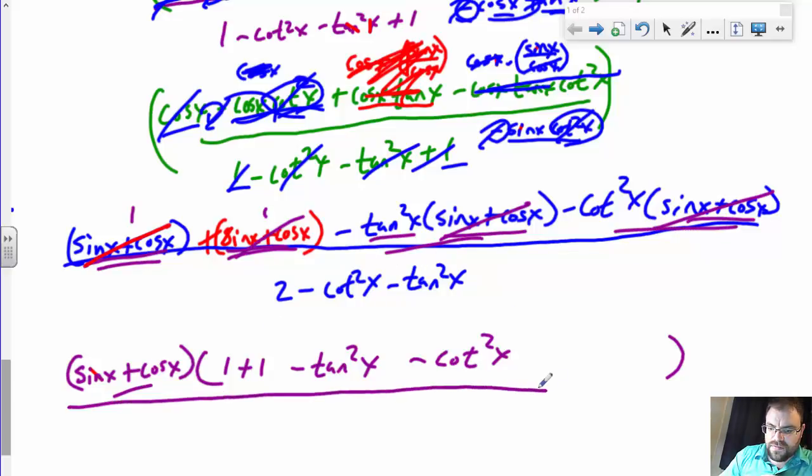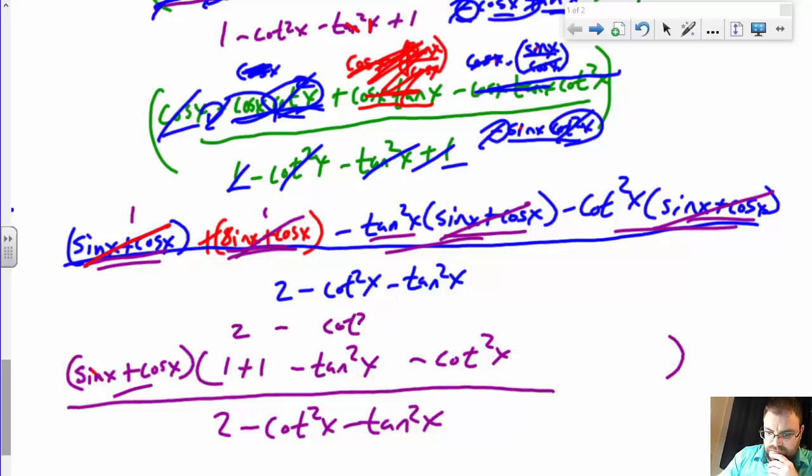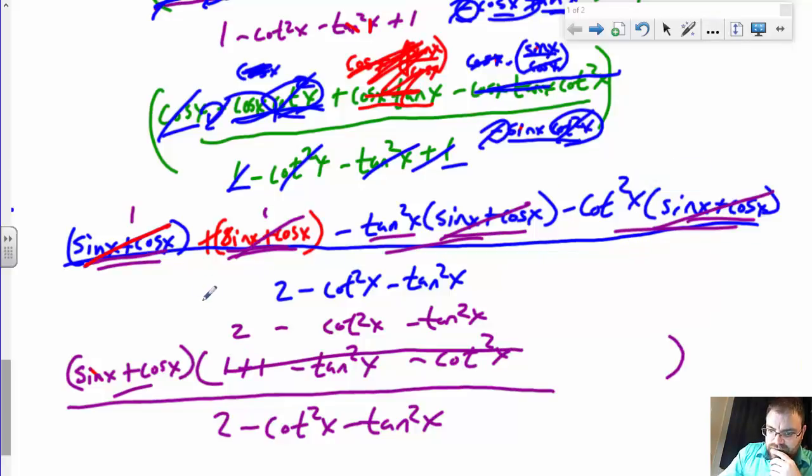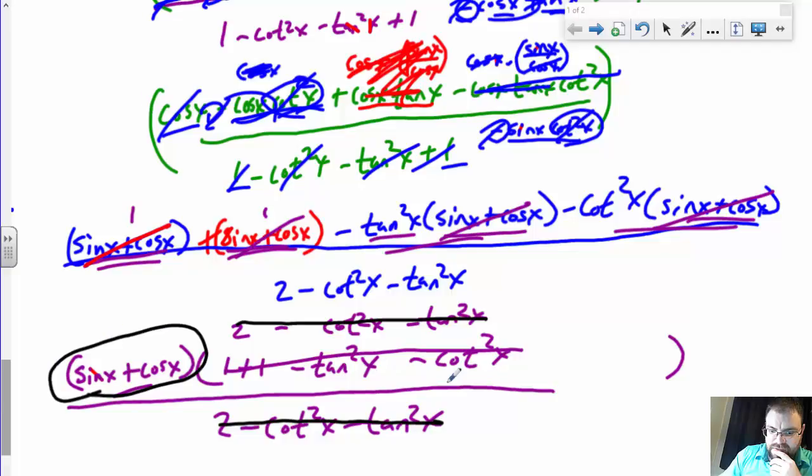And all of this is over 2 minus cotangent squared x minus tangent squared x. But if you notice, this is 1 plus 1, which is the same thing as 2. And then we have a negative cotangent and a negative tangent there. Okay. What's going to happen after all that, good grief, is that this is going to cancel with this. And all that is left is what I factored out, which is sine of x plus cosine of x,